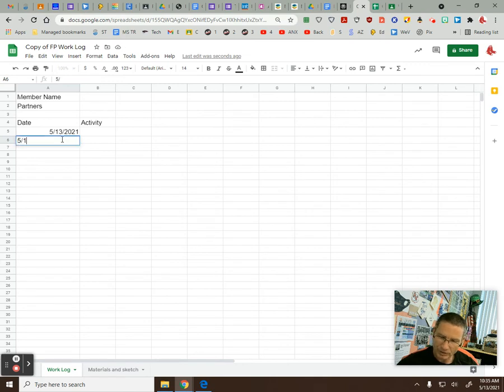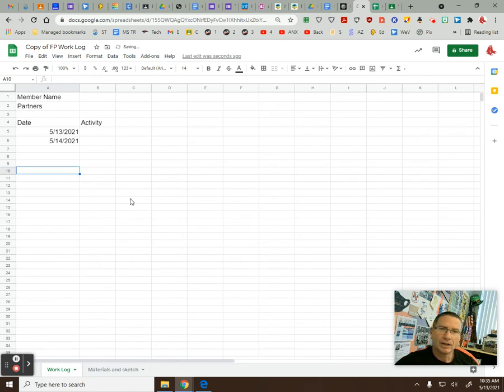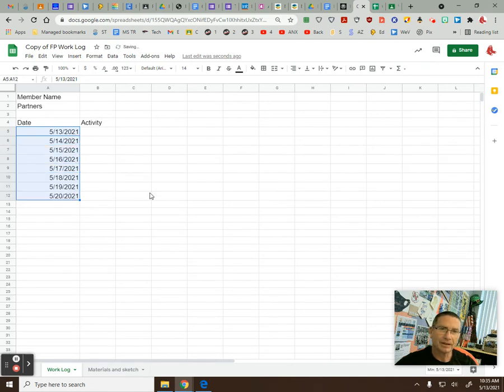Tomorrow would be 5/14/2021. Okay. Now, here's the power of the spreadsheet. If I highlight these two dates, you'll notice a little blue square comes up. That's a copy feature. And we can use it for formulas or patterns. It'll work with days of the week and calendars and patterns and that type of thing. So if I start pulling on this, what's going to happen? It's going to fill in the days. It's going to add a day. So I literally just need to go down to